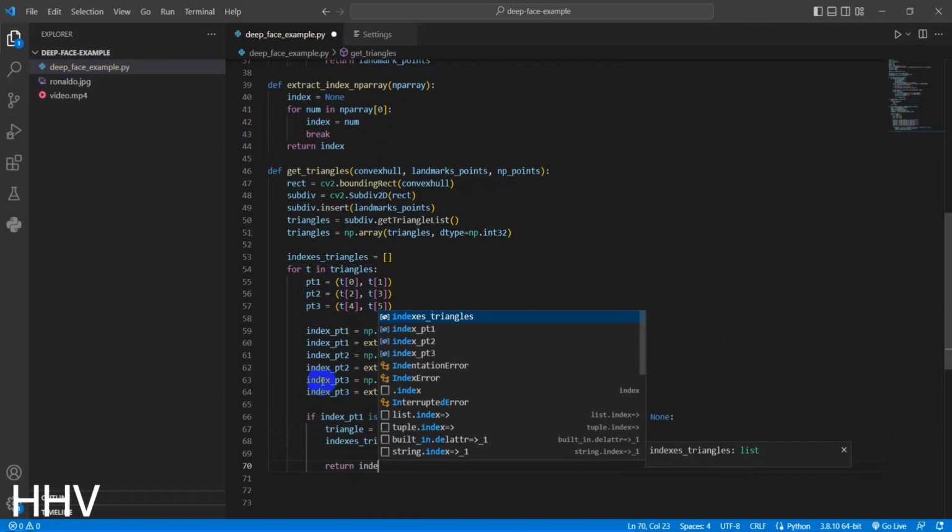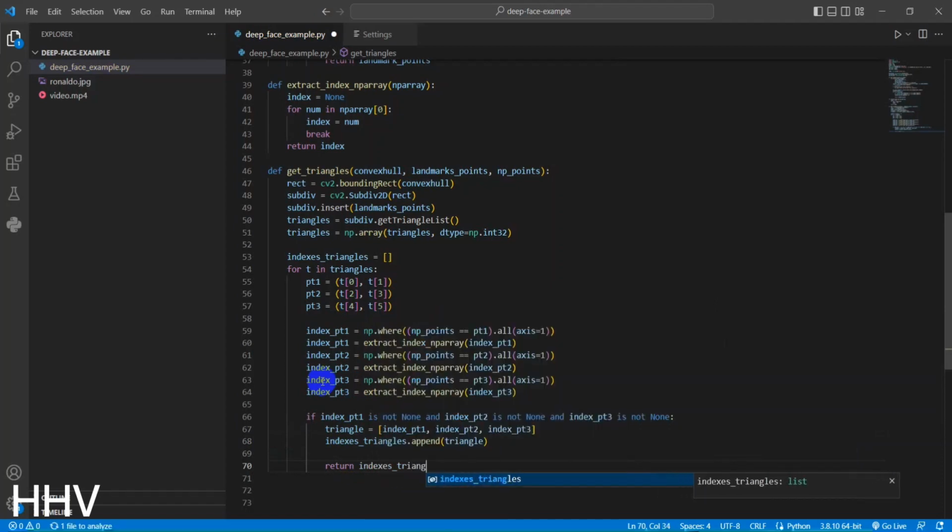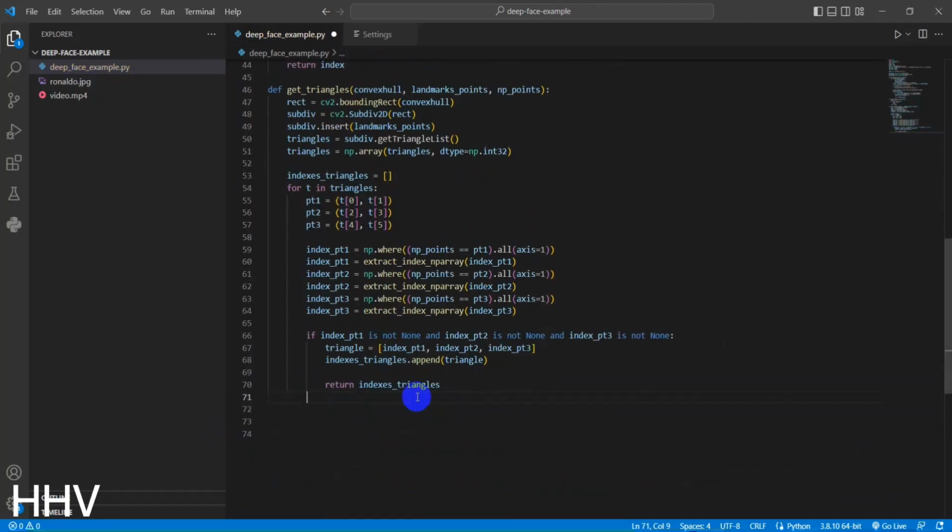Finally, the function returns the indexes triangles list, which contains the indices of triangles formed by the Delaunay triangulation of the specified convex hull region. The getTriangles function performs Delaunay triangulation on a convex hull region and returns the indices of the triangles formed by the triangulation. These triangles can be used for various